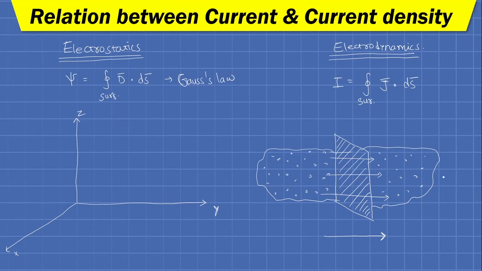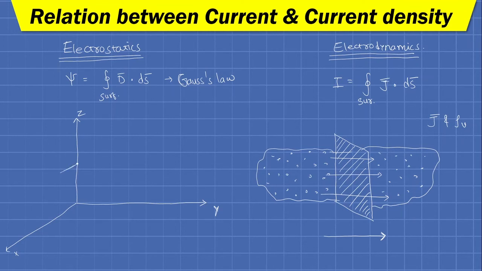So this fundamental concept is used to derive another relationship between J bar and rho v, that is current density and volume charge density. So this is the fundamental logic. In a liquid or gaseous medium, whatever charges are traveling from one side to another through any imaginary cross-section area, we can imagine those charges as a cloud of charges, and this cloud is passing with some velocity, and we can have the relationship between J bar and rho v.